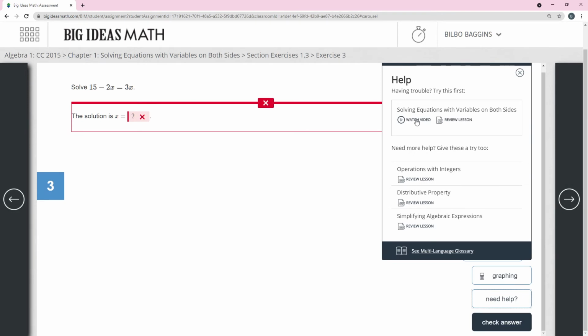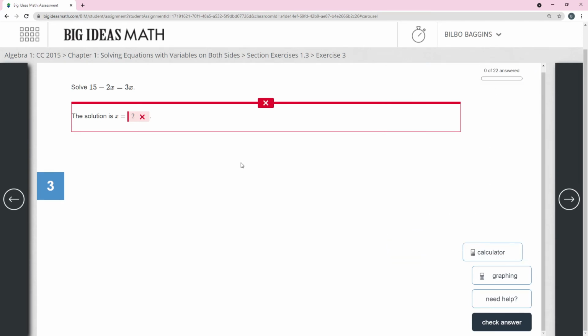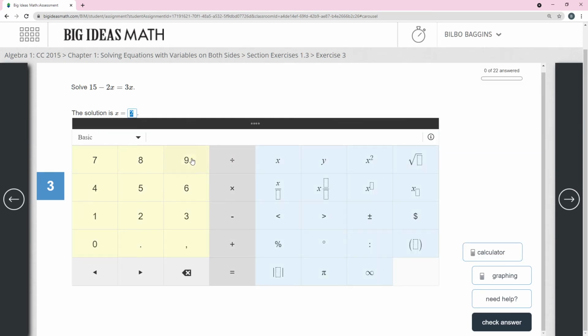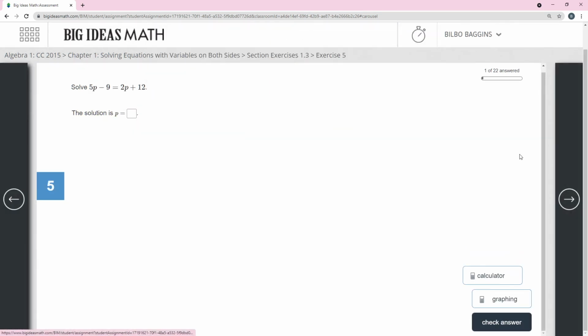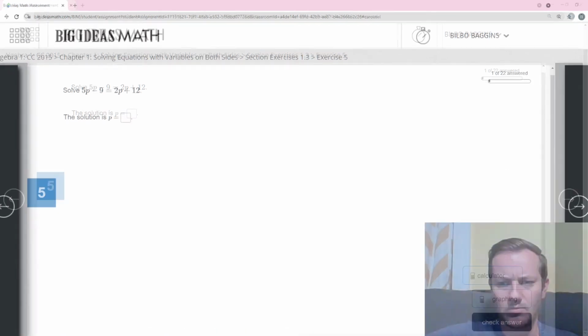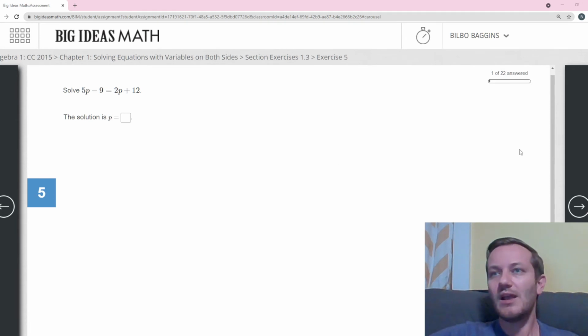And it would be like, hey, you could watch a video of a problem like this. Here's where it is in the digital textbook, things like that. And eventually you would hopefully get the answer correct, and I don't know what the answer is to this problem. And then you'd move on. And so you can access your problems one at a time with the little arrow keys here. Here, I'll bring myself back. Here I am, with the little arrows on the side.